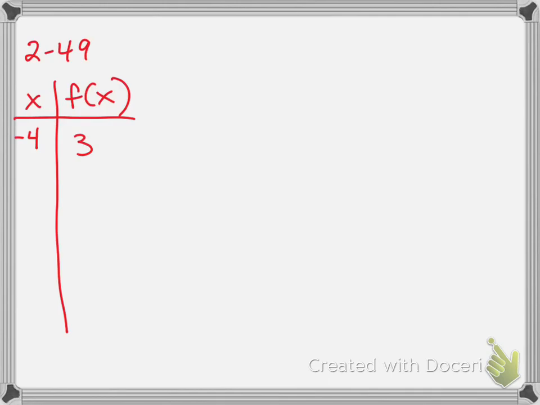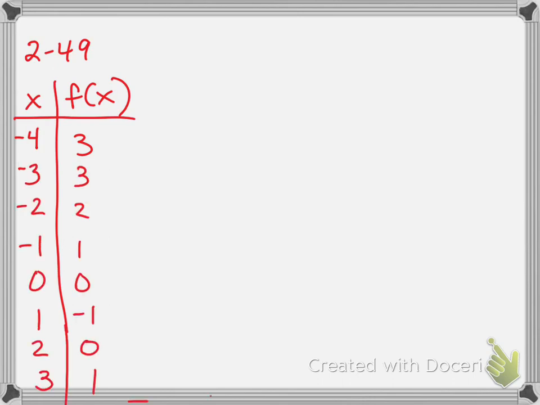So on 2.49, I'm going to get started by looking at the original graph for f of x, and I'm going to make a table of values for some of the points on the graph, just by finding -4 on the x and seeing what its y value is, and then I'll choose one of these others. So this is what my table of values looks like. I didn't get to include all of them because I ran out of room, and I think the one I'll do is B part, where we're going to have to make a table of values for y